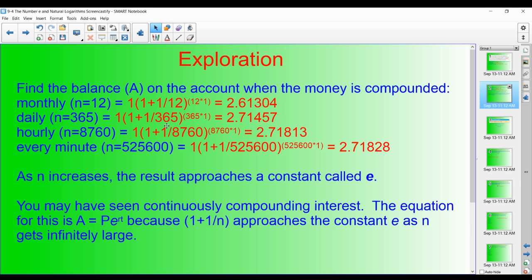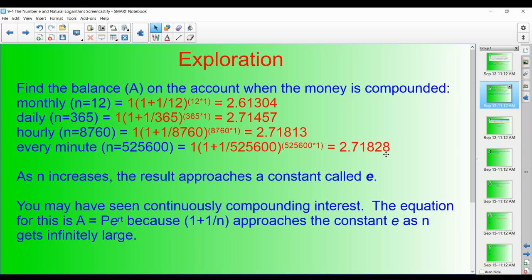If it compounds daily, 365 times a year, 2.71457. If it compounds hourly, there's 8,760 hours in a year. My dollar turns into 2.71813. Every minute, it turns into 2.71828 after a year. So as n is increasing, the result is approaching this constant called e, which is the